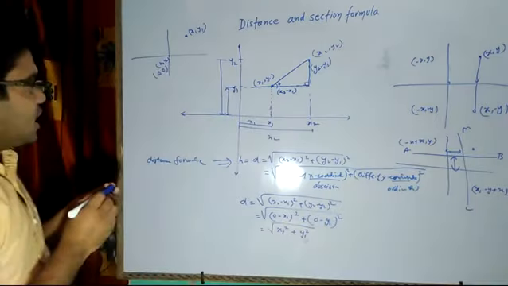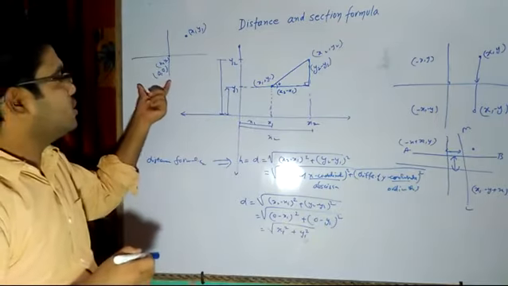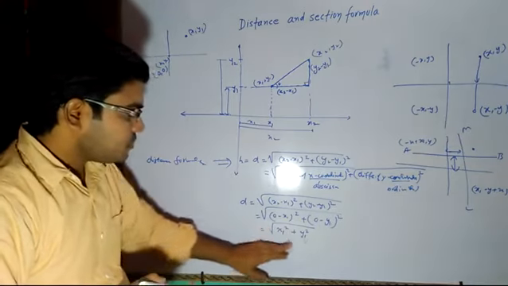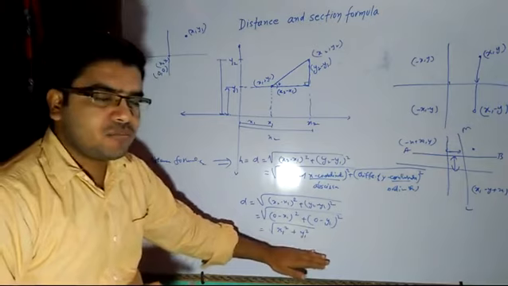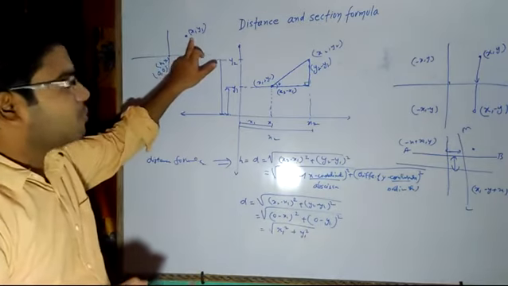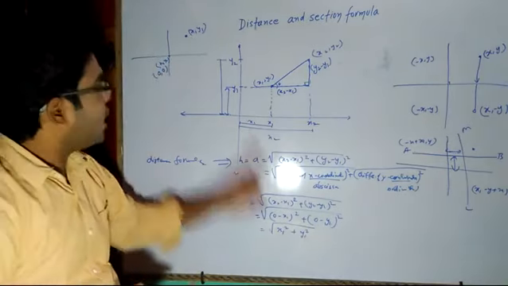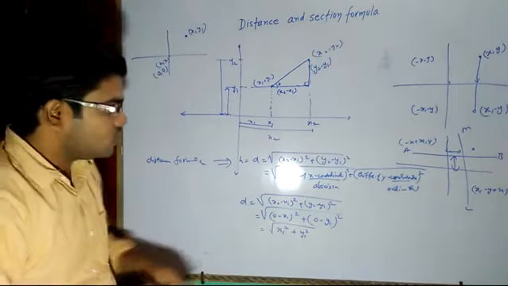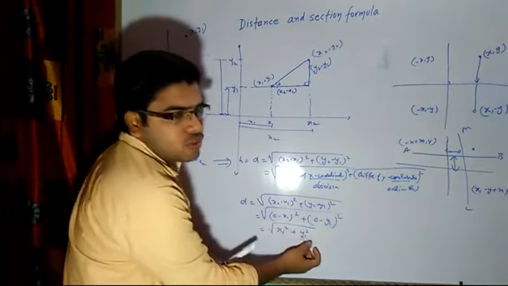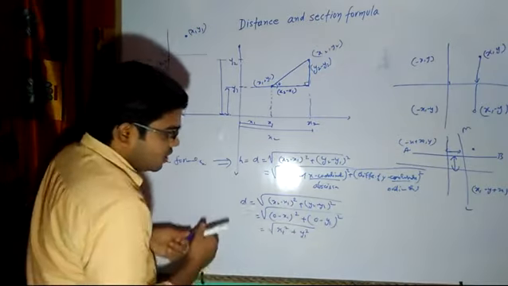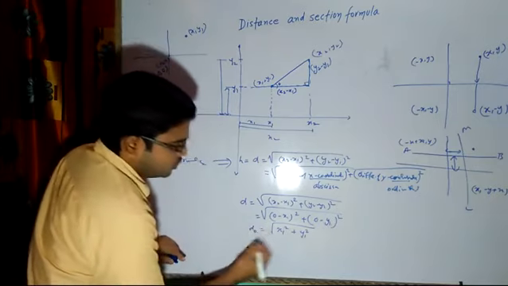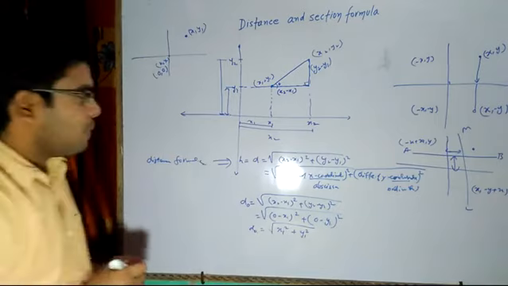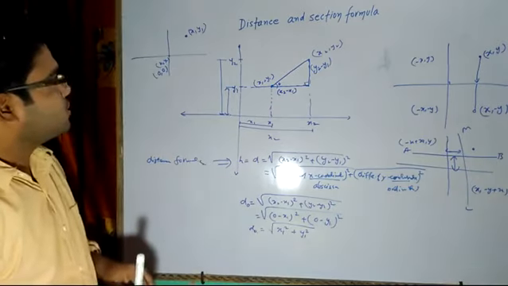So what do you understand? What we get from here is that when the distance is measured from the origin to a particular point, it is actually just the square root of the sum of the squares of that point's coordinates. We neglect the origin 0, 0; we need not put it. So directly we can write the square root of x1 square plus y1 square as the distance from the origin to that point. Okay, so this is the main important thing that we have to learn.